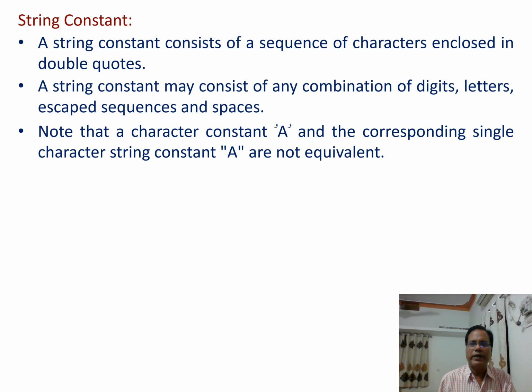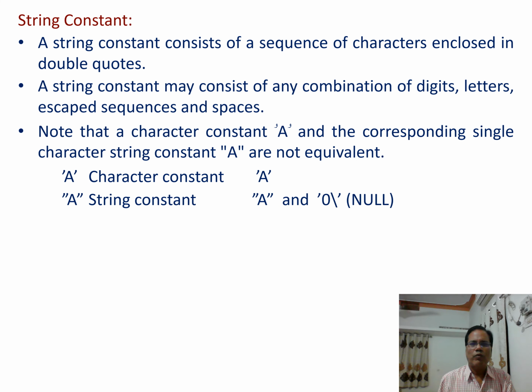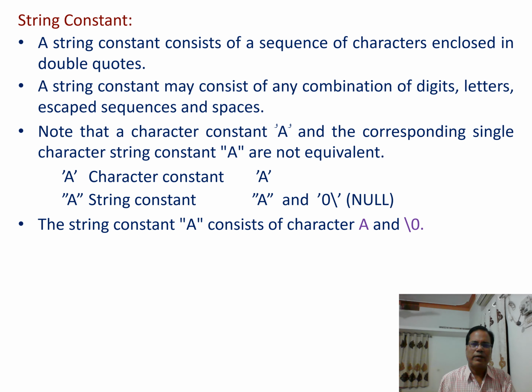The first A is included in single quotation marks, whereas the second A is included in double quotation marks, representing the string constant. When character A is included in single quotation marks, this represents the character constant. When it is included in double quotation marks, this is equivalent to character A and the null character. The string constant "A" consists of character A and the null character,